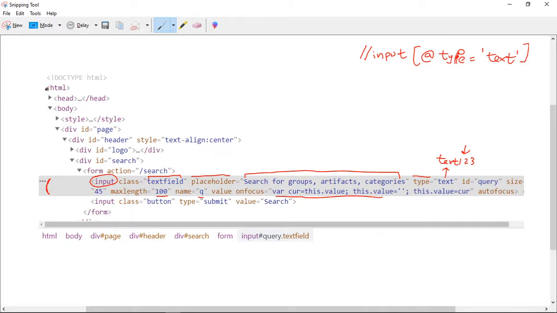So I will come from HTML, just like we wrote. After that body. After that wherever it is, we have to say div, then whatever we have written, I am just saying this. So div, suppose 2. After that form. After that input. So now we are reaching that same element. We are depending on the parent node because these values were changing for us. So here we have used this concept.